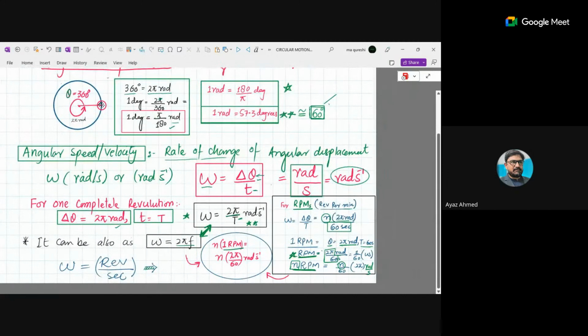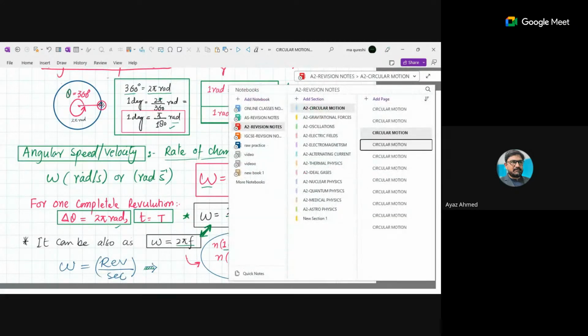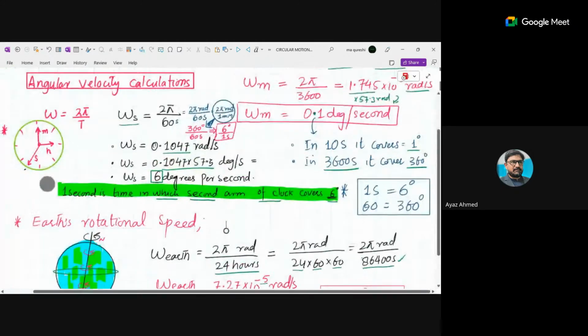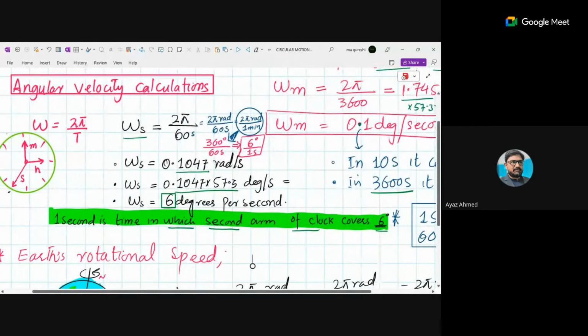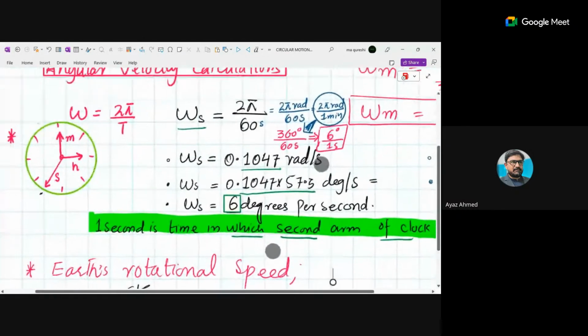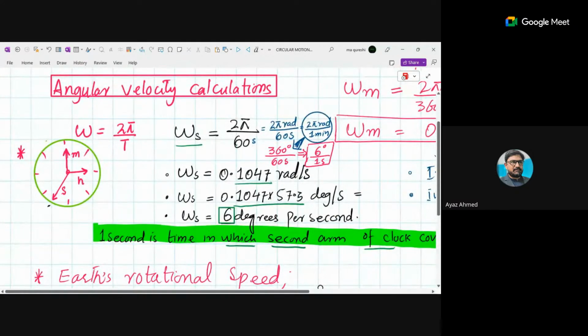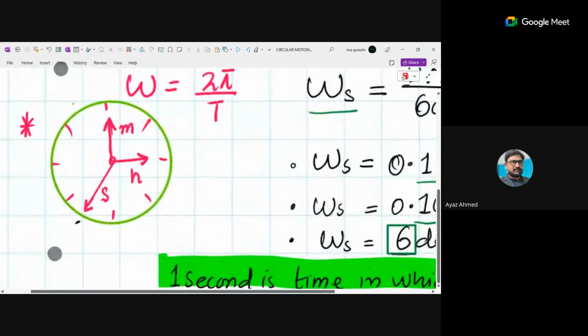Now I will move to the next slide of my topic, which is basically covering the precise concept of angular velocity and its calculations. Here I have considered some calculation areas of angular velocity. The very important and common example for angular velocity calculation is your clock. A clock has three arms: a second arm, a minute arm, and an hour arm. So if I want to calculate, or if I want to measure the